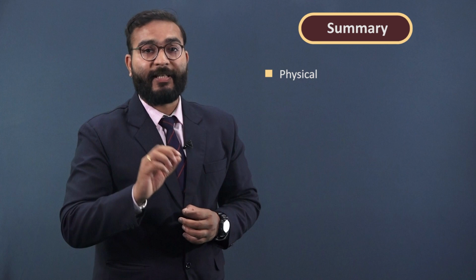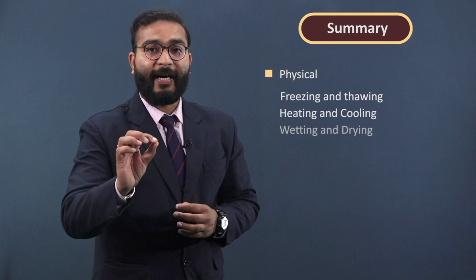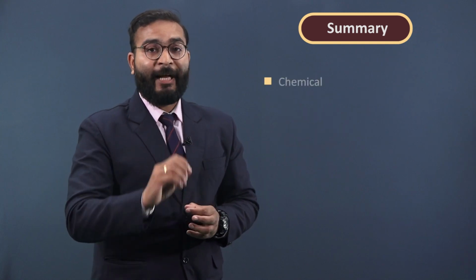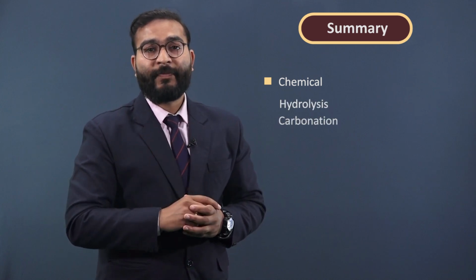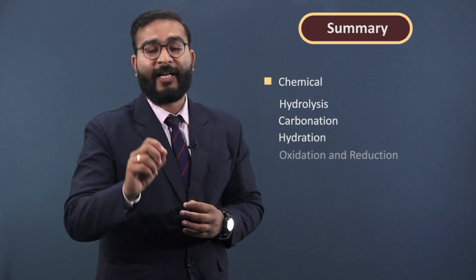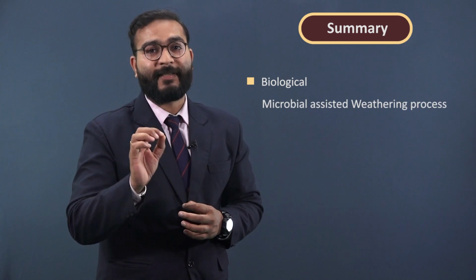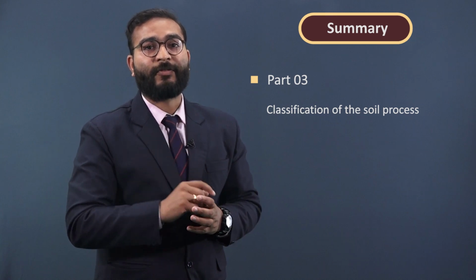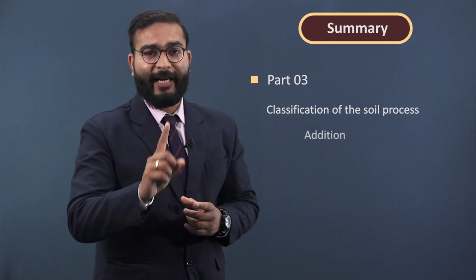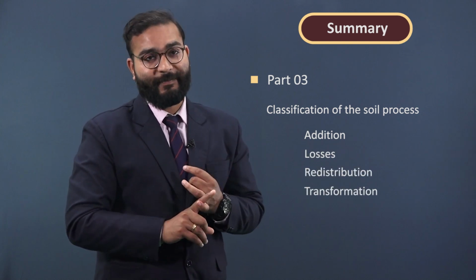Under the physical process, we saw freezing and thawing, heating and cooling, wetting and drying, and root wedging. In the chemical process, we saw hydrolysis, carbonation, hydration, and oxidation and reduction. Under the biological process, we looked at microbial assisted weathering. Under the third part, we saw the classification of soil processes, which mainly includes addition, losses, redistribution and transformation. So students, this is all for today's